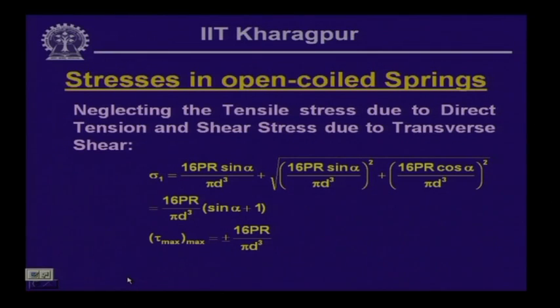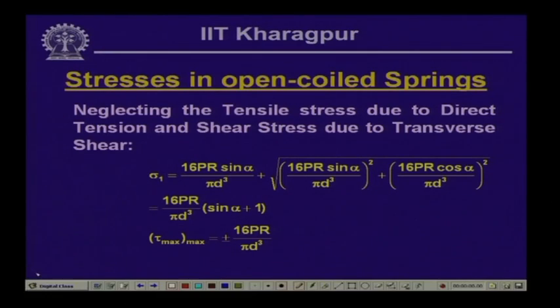Now, if we neglect the parts, as I have said, the contribution of the axial tensile pull or the transverse shear is very insignificant in comparison to the stresses induced because of the bending and the twisting moment. If we disregard the stresses because of the direct tensile pull and the shear stress due to the transverse shear, then the maximum normal stress sigma 1 we can write as